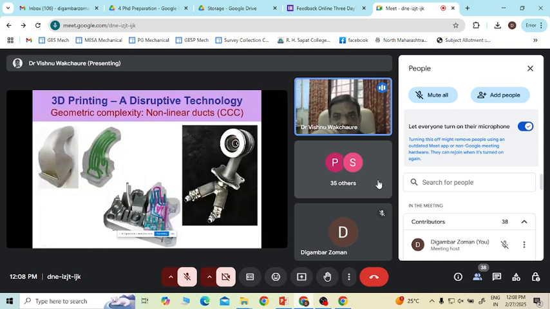So this is another example we have when geometric complexities are there. Here you can see some of the inlet manifolds or components where you require some burners and likewise. So here what you require is internal cooling. These are the internal cooling lines. You can see in green, blue, orange, and magenta. So having this kind of components with those particular cooling channels, non-linear ducts inside that particular